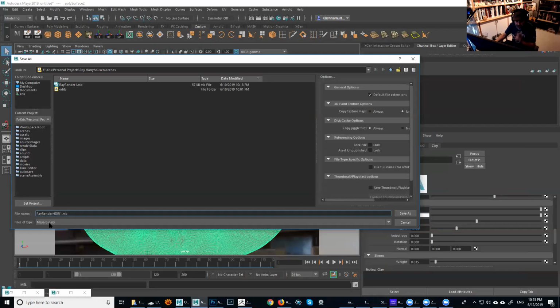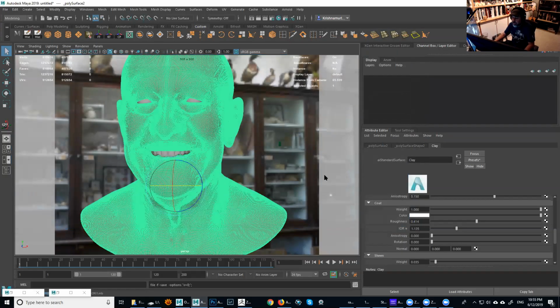And I'm saving as binary, not ASCII, because the files are much smaller. And if it's corrupted, I don't even know how to edit the ASCII anyway to actually solve anything. I know there's a lot of information you can find online on how to fix something that's corrupt. But yeah, I don't use it. I use my binary.